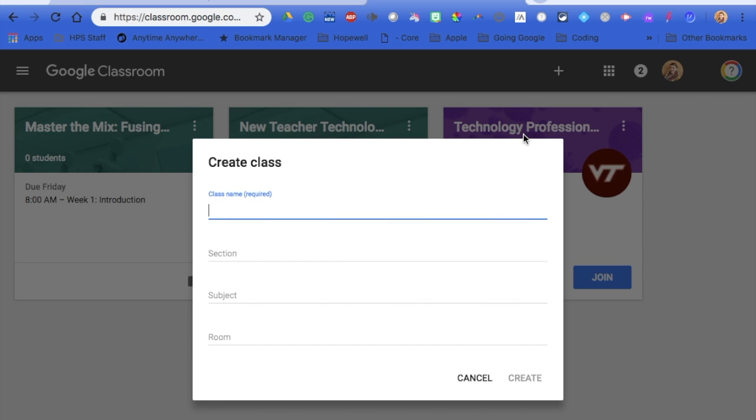You need to give it a name. You want to make sure the name is consistent with what you're teaching, the semester, and the year that you are teaching it. Students have been invited to lots of Google Classrooms, and you want to make it easy for them to find. So, for example, this one will be